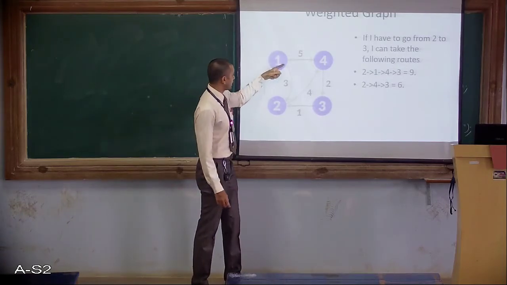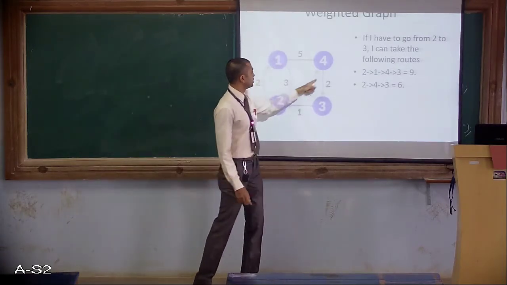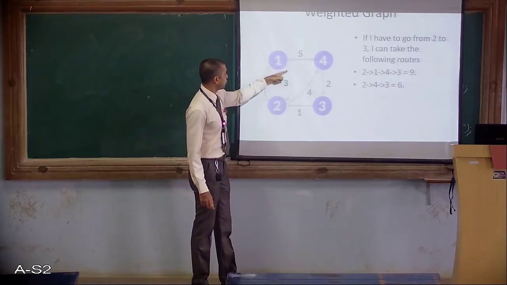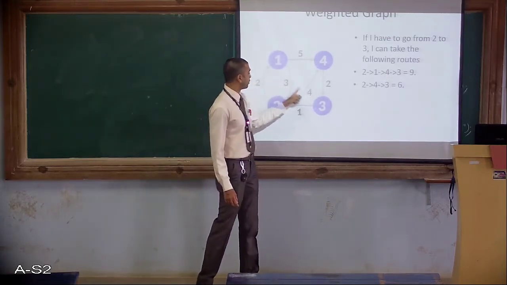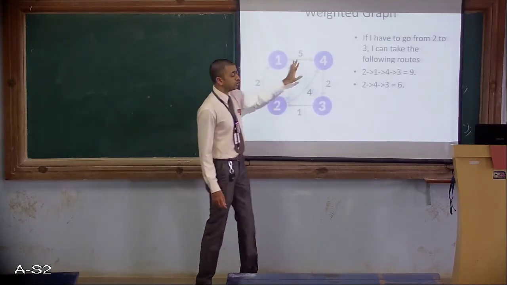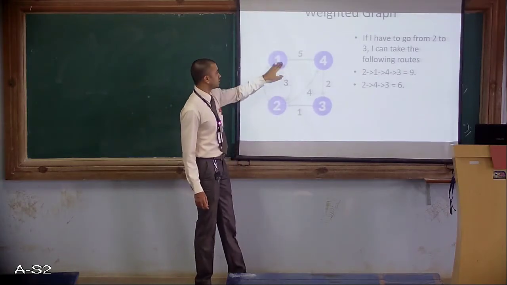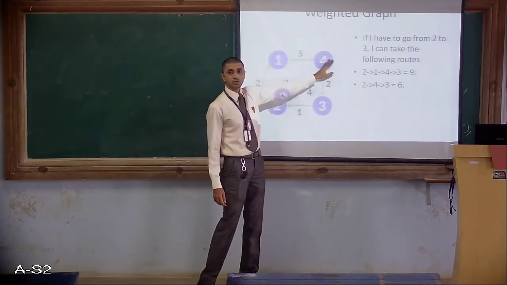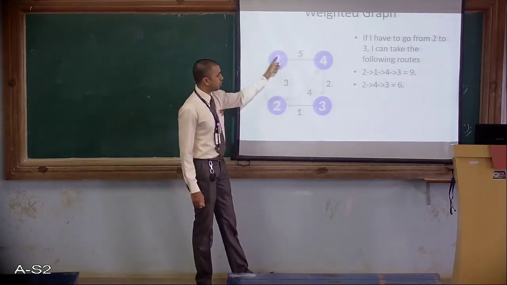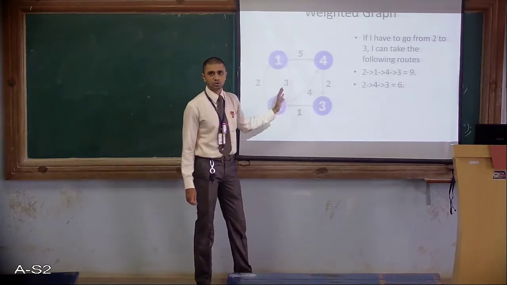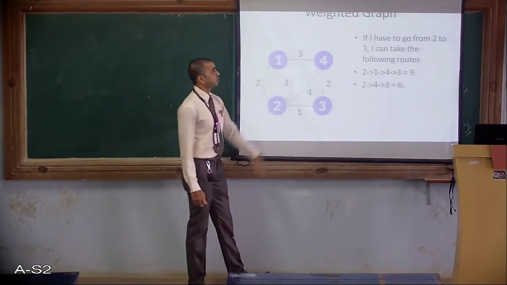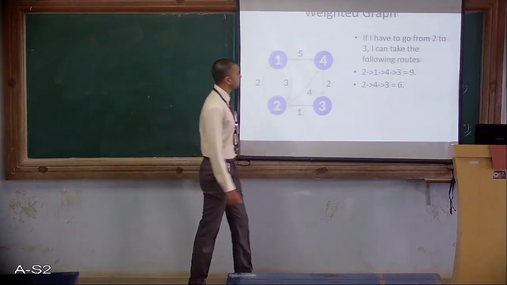Is there an alternative route, a shorter route maybe? Let's see. I can go from 1 to 2 and 2 to 4. What is the value of 1 to 2? It is 3. 2 to 4, it is 4. So 4 plus 3 is 7. No, so this is not a shorter route. The shorter route was a direct path between 1 to 4. So all these pairs of vertices we will be calculating, and we will also be calculating their cost. And this is what Floyd's algorithm gives us.